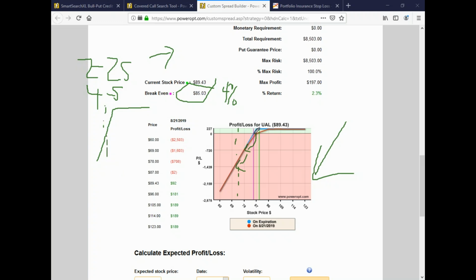Now, I'm not saying it has to be at the break even. If the stock hits the break even, you'd still have some time value remaining on the call. You're not at expiration. The break even is only at expiration, so closing it would still give you a loss. But you have to have a cutoff that, even though you took a 4% downside protection, says I'm not going to allow myself to lose more than 7% total or 10% total, or whatever numbers you're comfortable with,